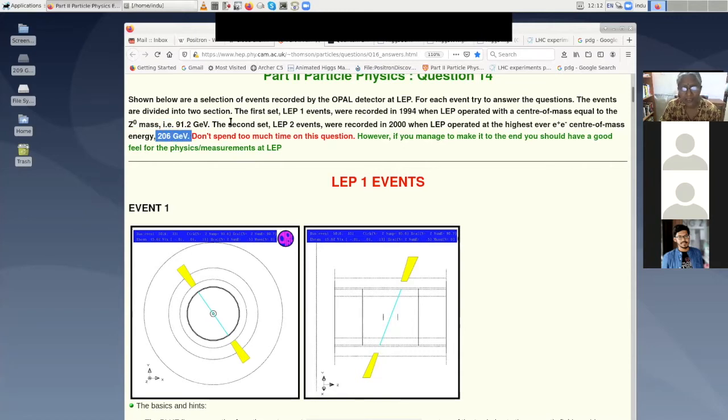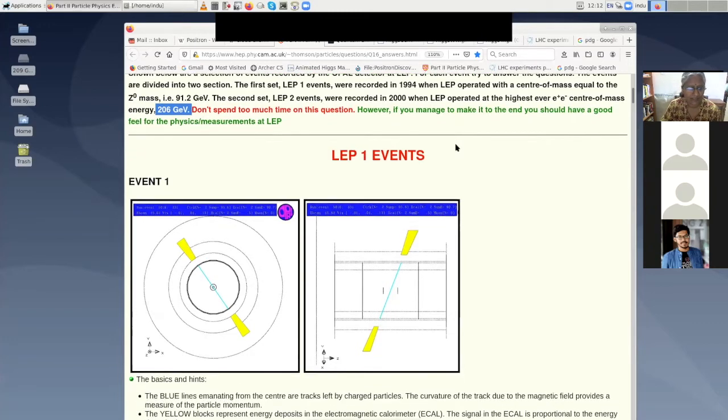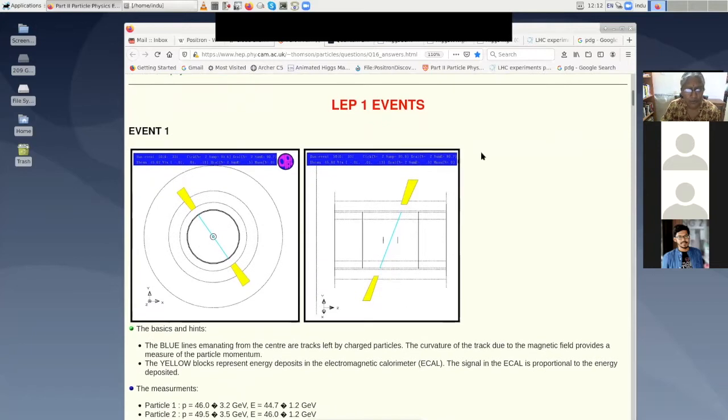Okay. So they've made it, it's a question paper actually, but you can see that it's very nicely done. We will concentrate on the events one by one. This is the beam pipe. There are two views shown over here. You can see a circle over here. This is the beam pipe. You can think of a beam where the electron and positron come back to back with equal and opposite momentum. That's the center of momentum frame, and they're colliding at the center point.